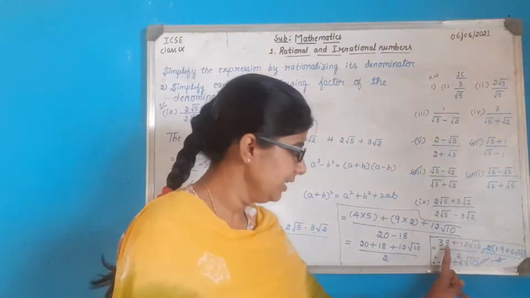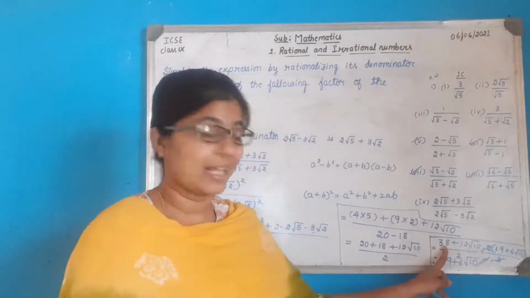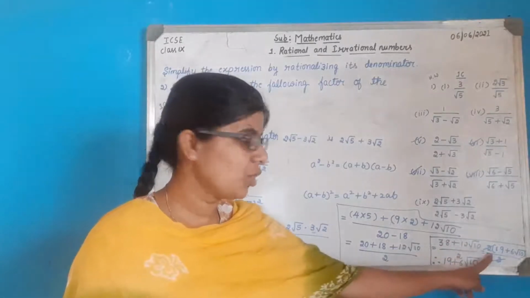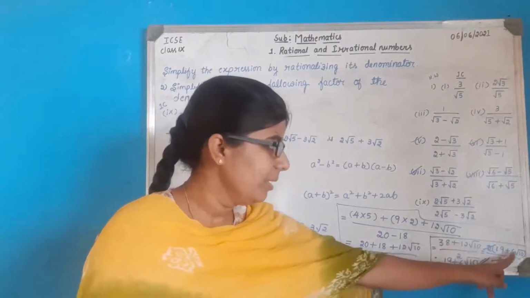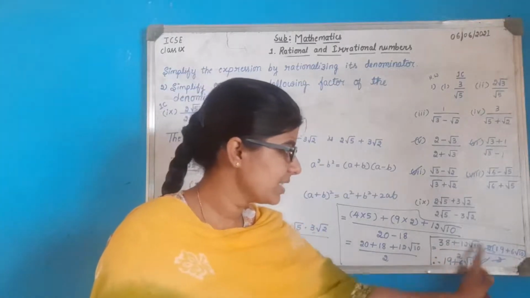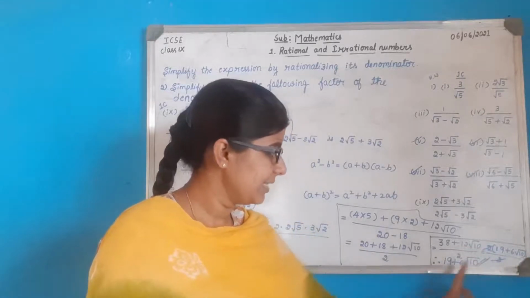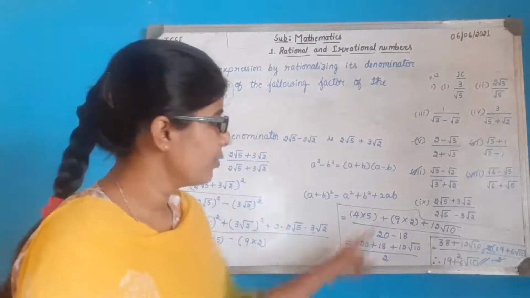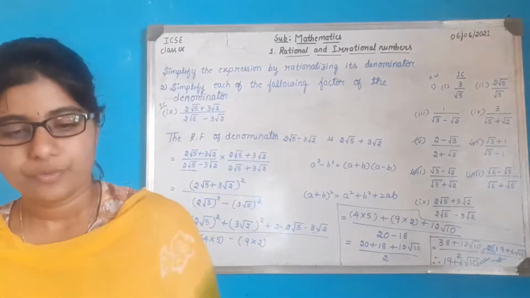So here you have to observe neatly, and write from here once the steps up to here are complete. 38 plus 12 root 10 divided by 2. Here if we take 2 common, 2 1s are 2, 2 9s are 18 plus 6, that is 2 6s are 12 and root 10 divided by 2. 2 and 2 will cancel. 19 plus 6 root 10 is the answer. So this is the last problem of your exercise 1C first question.